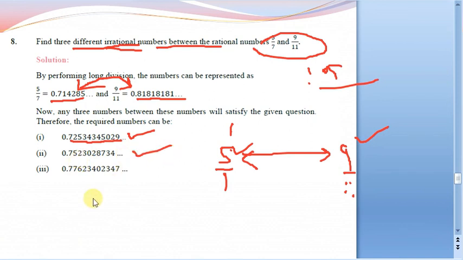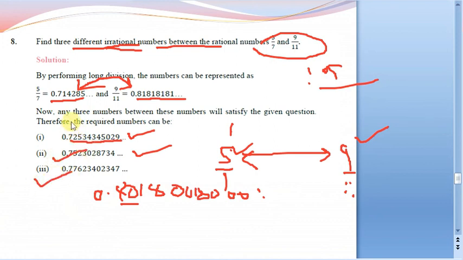0.75 like this. If you want to take 0.801, 8001, like that you can take 8001. This is also non-terminating, non-repeating, and it has not crossed 0.81. See here, I have taken only 0.80, but the number is 0.8001. Like this we can write random values, but make sure that they are between these two decimal expansions only. So this is our question number 8.